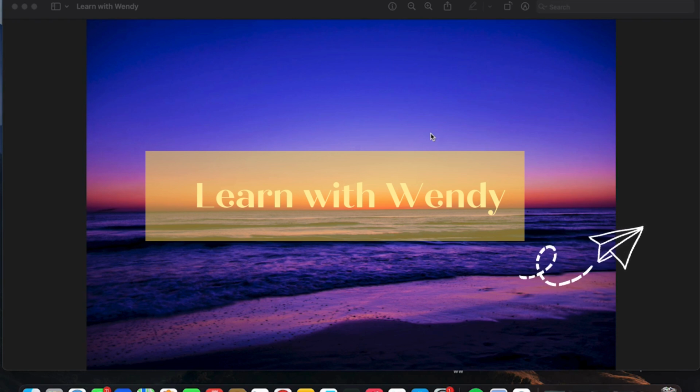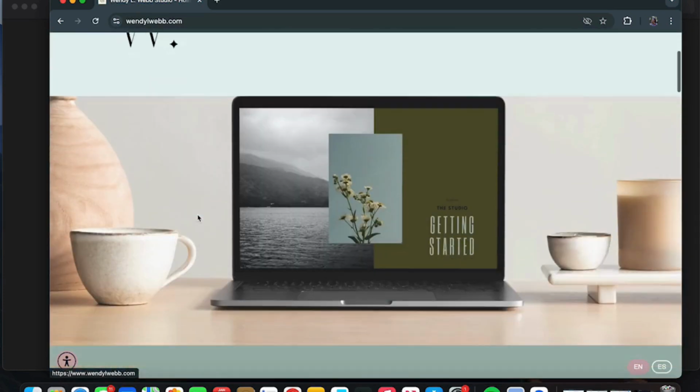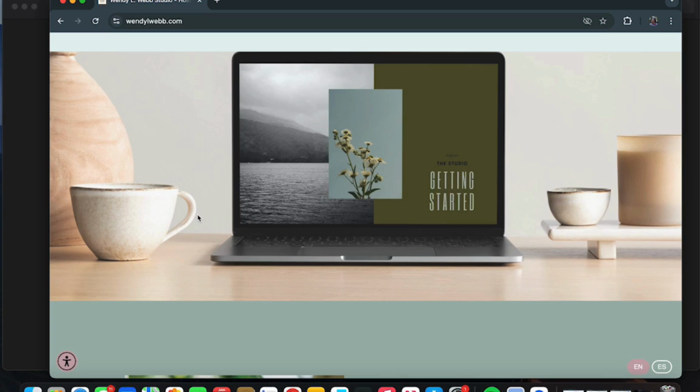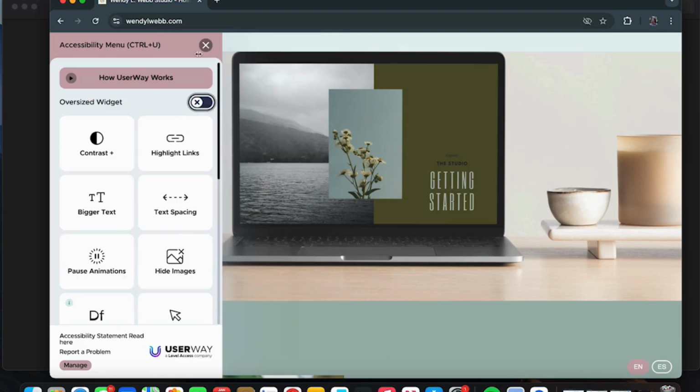One way to do that, and I'm going to mention three in this video, is with an accessibility widget. That's what we call them. One that I'm very familiar with is a UserWay widget here. I have it on the left side because I have a language switcher widget on the right. With UserWay, it's something that someone could open and then use the tools in the widget to adapt the content, making it